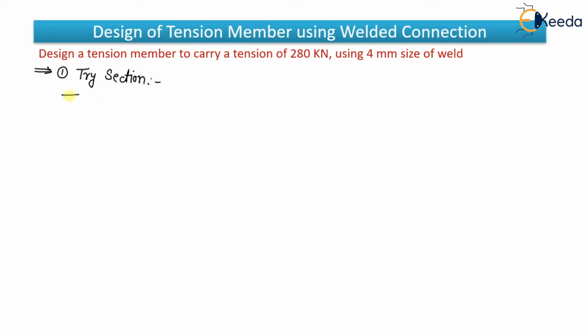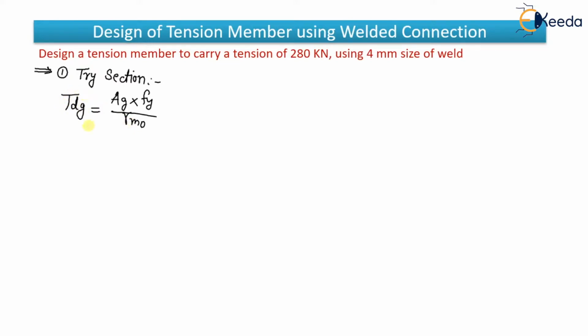See, the formula for design of a tension member, design strength of tension member for yield is given like this: Tdg is equal to Ag into Fy divided by gamma m0. This formula you know, because we have used this formula so many times that you may have mugged it up. And if it is not like this, it is given in the IS code, so don't worry. Okay, so Tdg formula is Ag into Fy divided by gamma m0.